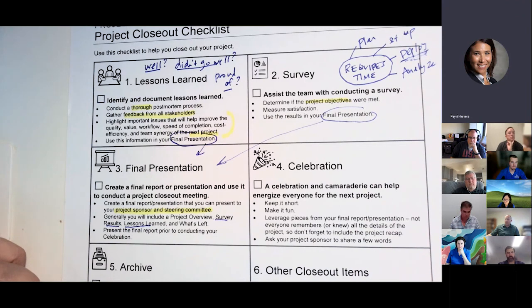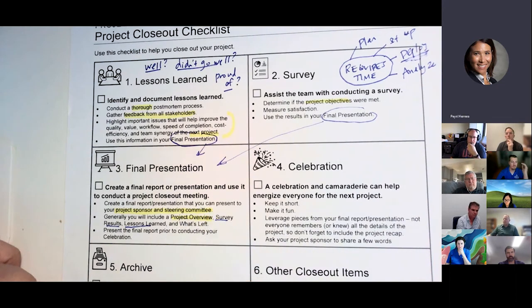And generally what you're going to do is include key pieces in your final report. We like to put in a project overview, and we grab that straight from our project charter. It's pretty much the why we did the project. If it changed or tweaked over time, we'll tweak it. But basically, the charter is a great place to go back and say, here was our description of the project. Here were our goals. Here's what we're trying to achieve. So you can go grab that from your artifact.